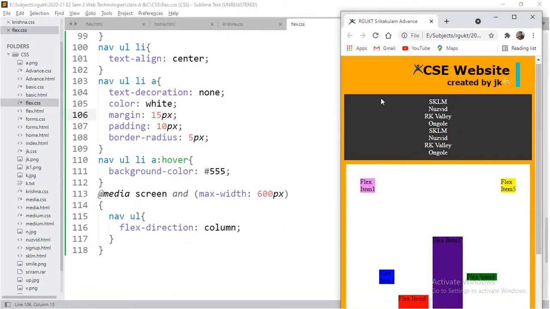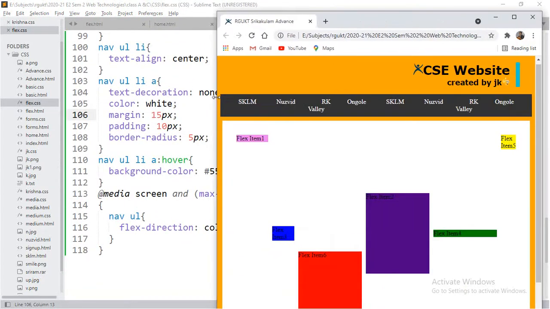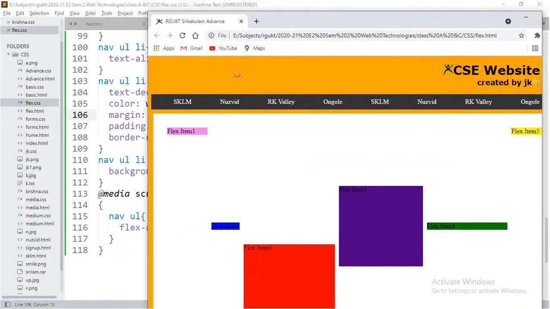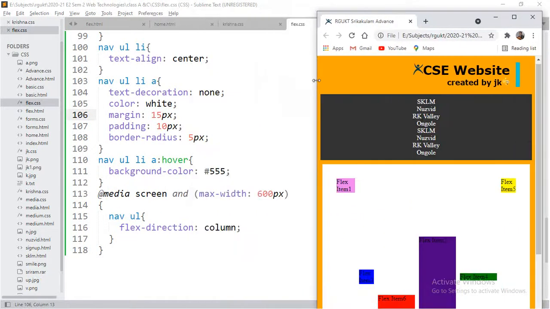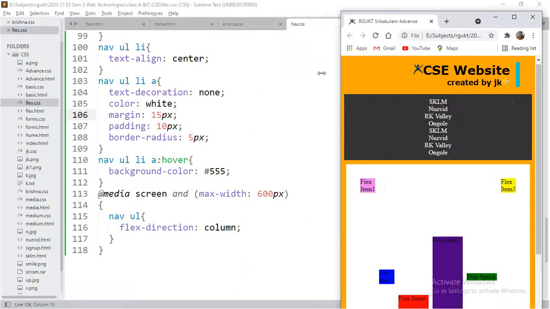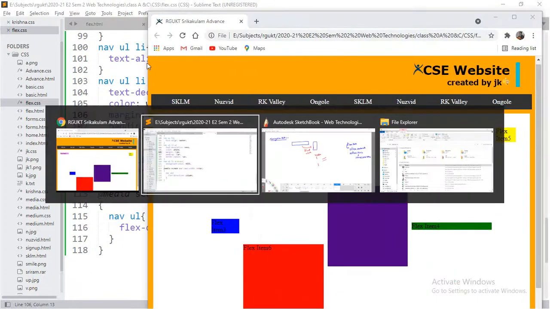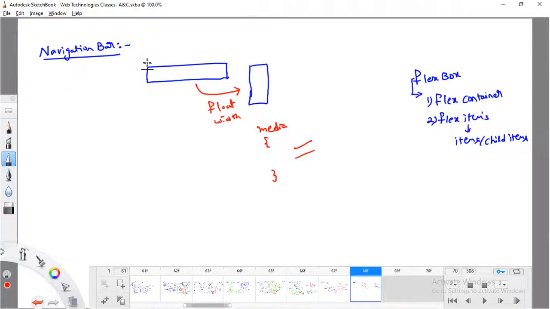Yes, fine. This is the way we can use this flexbox concept to implement a navigation bar. I hope you understood this concept clearly. Thank you.